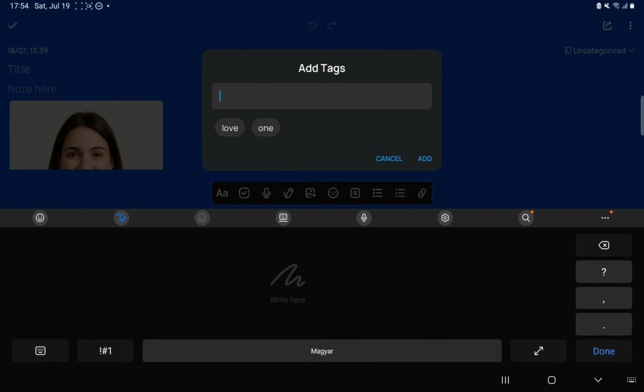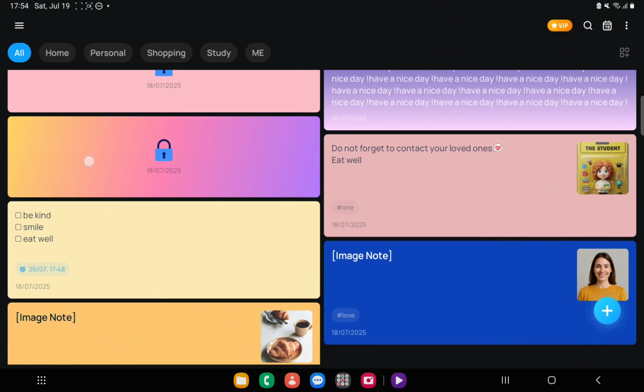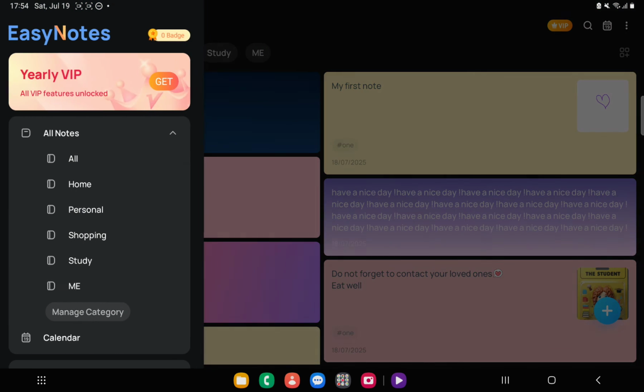Click on it and then you can write a new tag or choose from the existing ones, like love. And now you can see that the tag has been added, and you can find in the menu